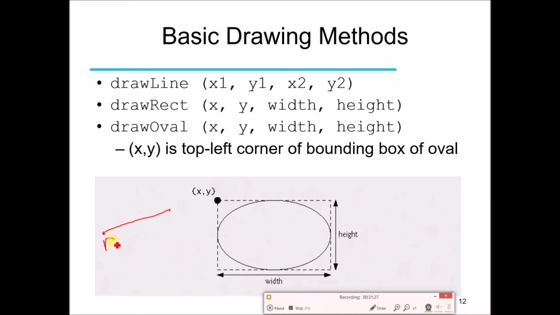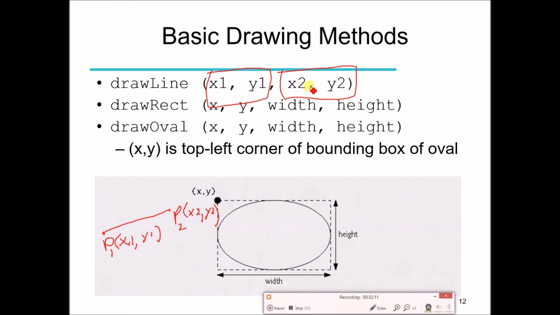For example, we can say that we have a point P1 and we have the point P2. Since we are working in two dimensions, for the point P1 we have the 2 coordinates x1 and y1, and similarly our point P2 will have the 2 coordinates x2 and y2. So we want to draw a line between these points. We are going to call the method drawLine, and we are going to provide the coordinates for P1, that is x1 y1, and the coordinates for the point P2, x2 y2. So these 4 parameters are required to draw the line between the 2 points P1 and P2.